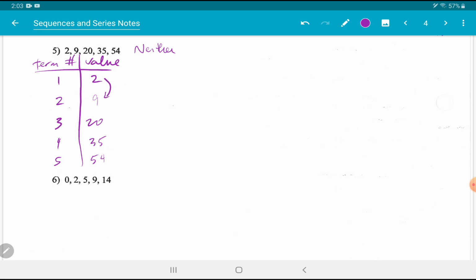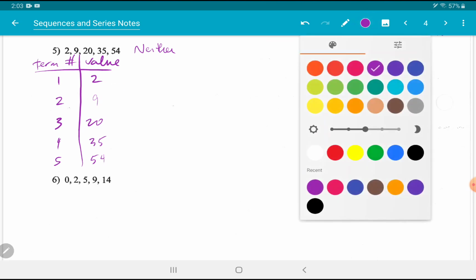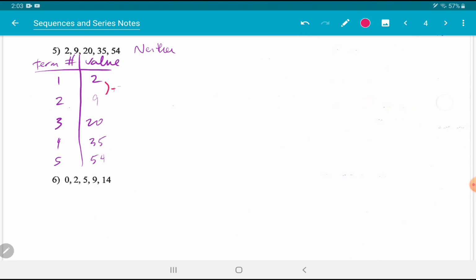Looks like from 2 to 9, we are adding 7, and then 9 to 20, we are adding 11. Here we're adding 15, and here we're adding 19. All right, well, what's going on here? Well, this is actually pretty nice. It looks like we have a common difference of 4 among each of these if we were to apply that